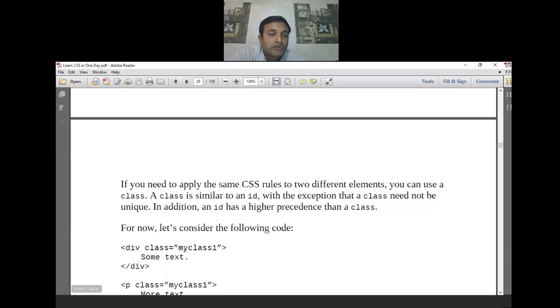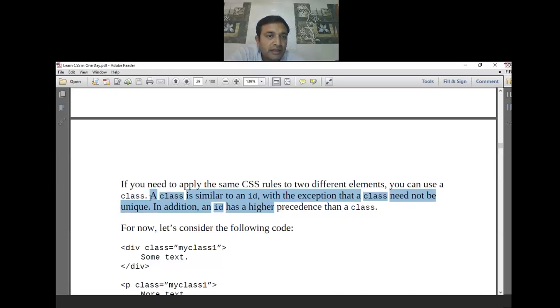Very important point. If you go to any website and view the source, you see so many things, and people mostly use classes. You can create my class one time and apply it to as many divs as you want. My class you can use for a division, and my class you can use for a paragraph. So this class is very important, and in addition, an id has a higher precedence than a class. You also need to keep that in mind. Very important point.